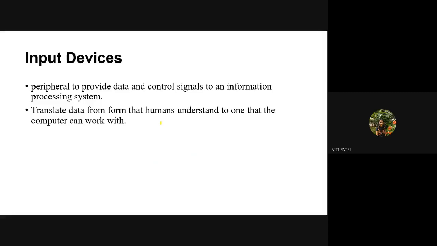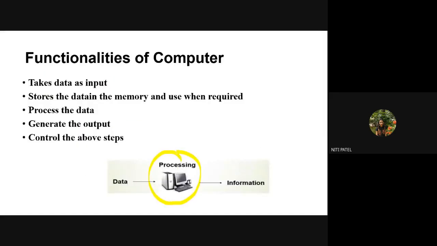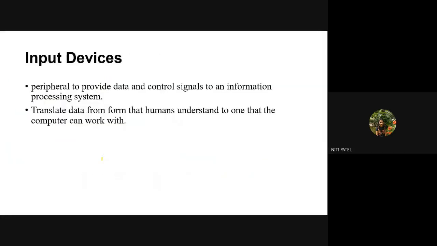Now what are input devices? A peripheral which provides data and a control signal to an information processing system. Now what is an information processing system? Your CPU, this is your information processing system. And the one who gives the data is considered to be the input. So input devices are nothing but a mechanism for controlling the signals which are given to an information processing system. So whenever I give an input 2, 3, x, any kind of number, where are those numbers going? Through the control signals, they are going to a CPU.